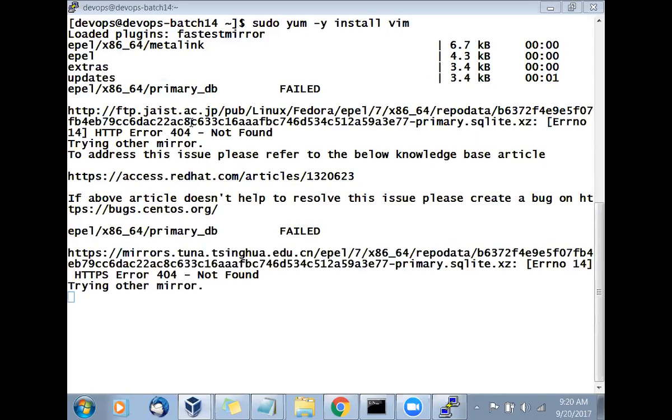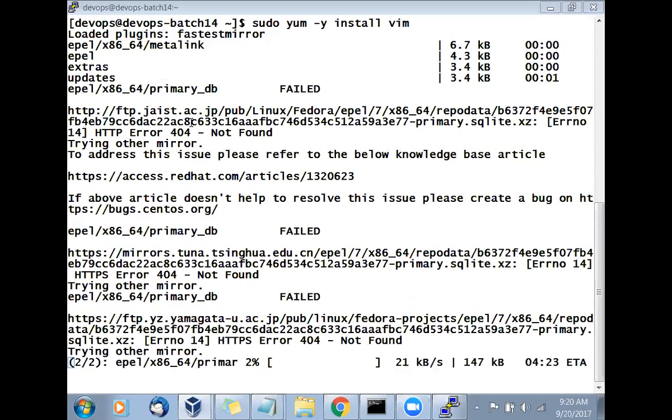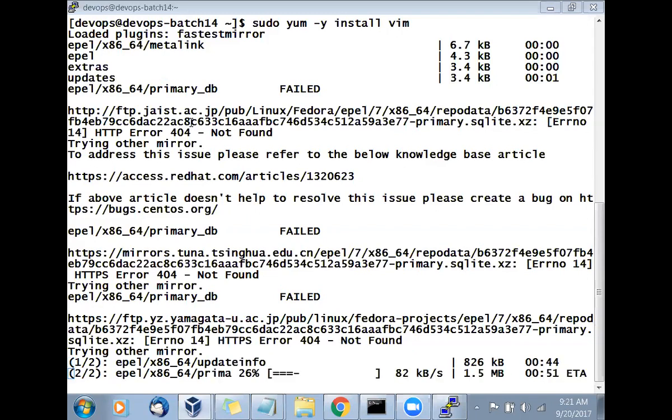It's okay. So what happens? We learned in package management: if one mirror location fails, what happens? It will go to the other mirror location. So automatically it is going there, and we are not doing anything. It is failing, no problem. It is going to the other location and trying to download the necessary files and packages. So yum is very good, very beautiful, because it has a failover mechanism. And how many mirror sites do we have? Nearly 5,000 mirror sites. So we don't have to worry: if one site fails, it automatically goes to the other sites and tries to get the necessary details.